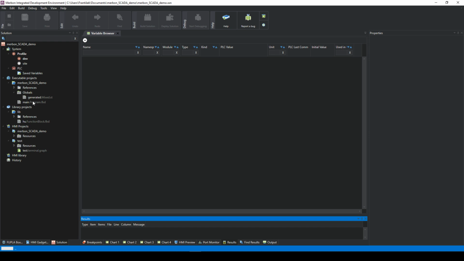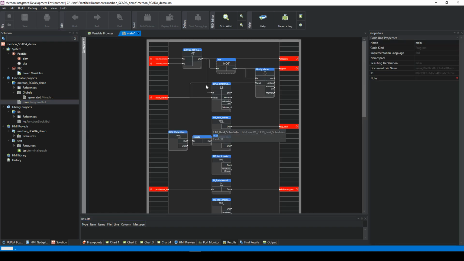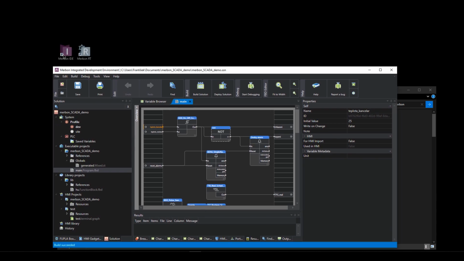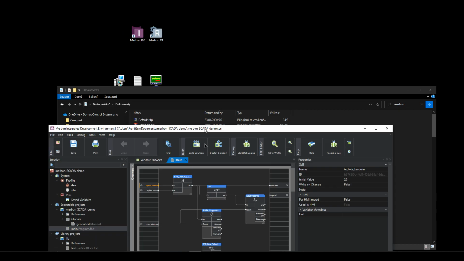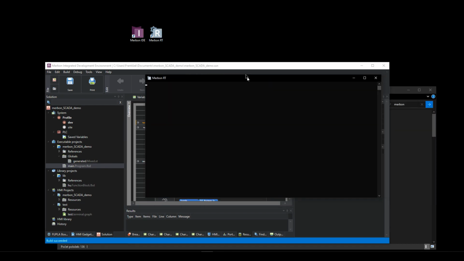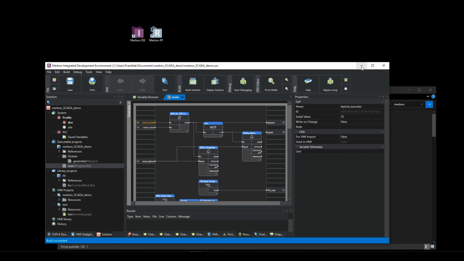So this is our project. I pre-created this in advance. This may change. It's still loading, you see it here. And I just run the runtime. I will just add it to my screen here, these two. I'll just run runtime, hope it will work, and